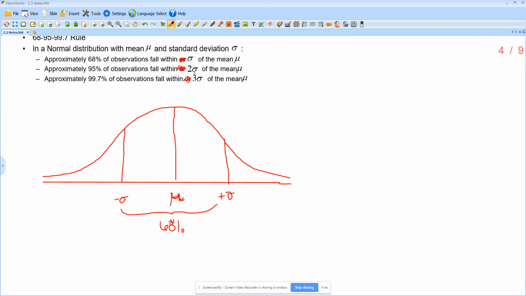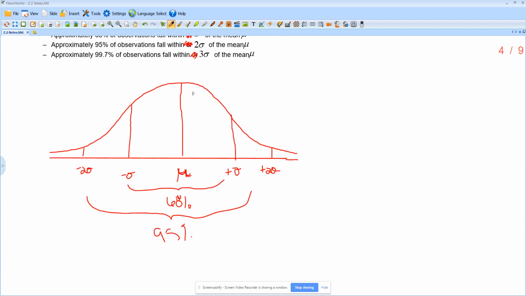95% of the observations are going to fall within 2 standard deviations. So now if I said here's 2 standard deviations, or -2 standard deviations, this encompasses 95% of our data. And then last, 3 standard deviations is 99.7. So right here, we have our +3 standard deviations or -3 standard deviations. And that's